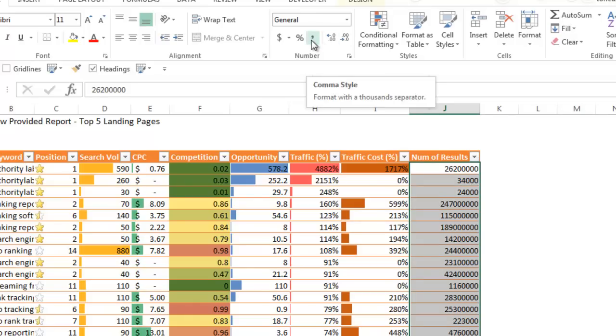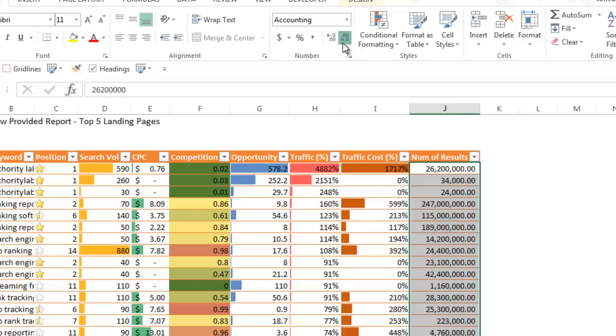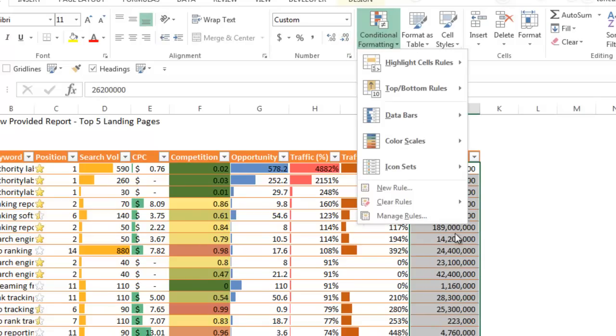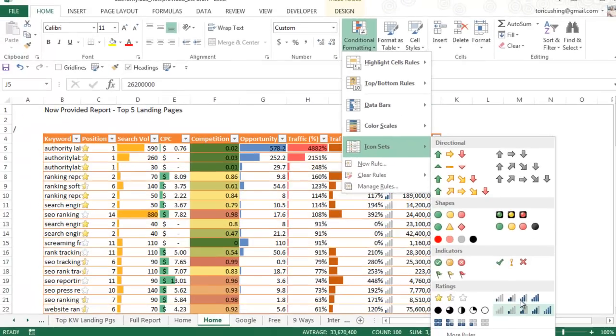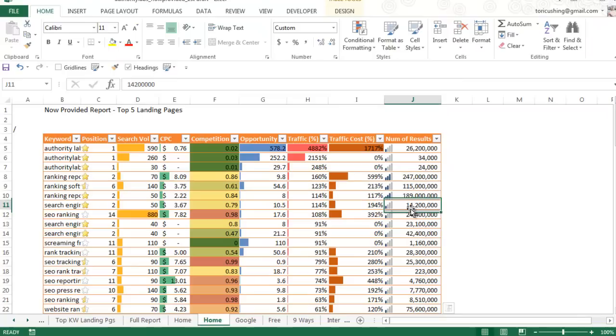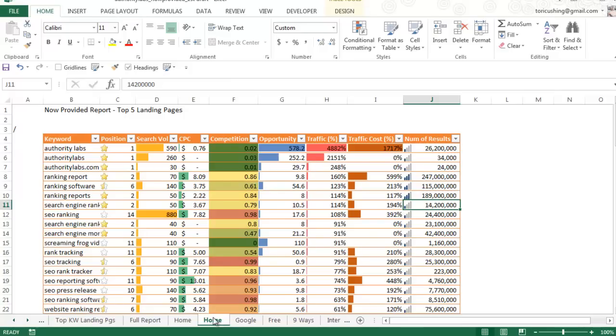Next I'm going to add in number of results, and I'm actually going to use an icon set for this too. But when I have values that are in the thousands, I like to add in a comma here to make it a little bit more readable. So next I'm going to go to icon sets and kind of do this raising the bar icon set. Cool,